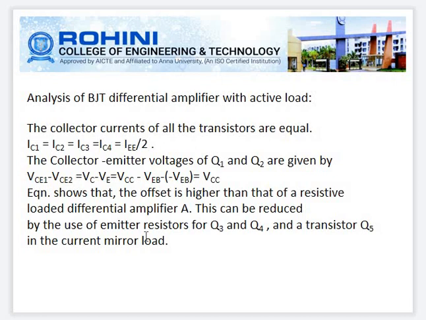The collector emitter voltages of Q1 and Q2 are given by VCE1 = VCE2 = VC - VE = VCC - VEB - VEB, that is equal to VCC. So the equation shows that the offset is higher than that of a resistive loaded differential amplifier. This can be reduced by use of an emitter resistor for Q3 and Q4 and a transistor Q5 in the current